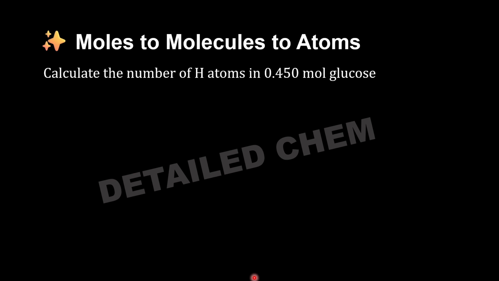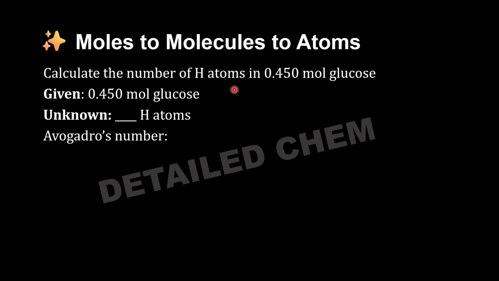Example number 3 is about converting moles to molecules, then from molecules to atoms. So this is complicated, but I will guide you on how to answer this. Calculate the number of H atoms in 0.450 mole of glucose. We have a given problem here, which is 0.450 mole of glucose, and our unknown is the number of